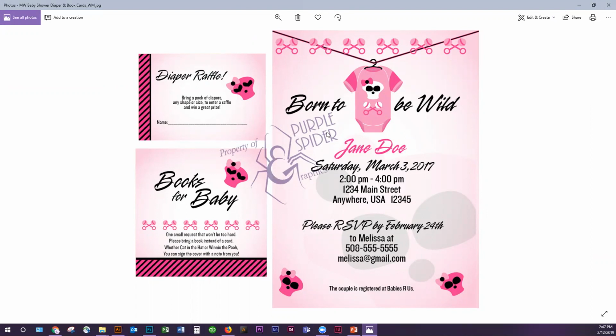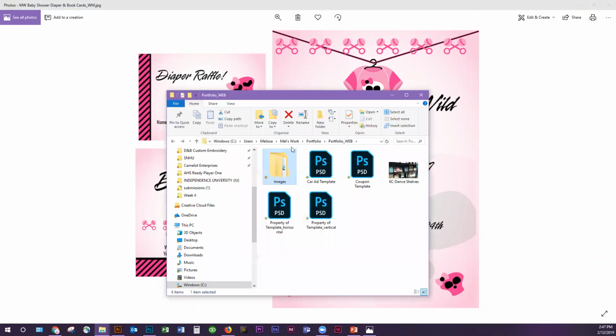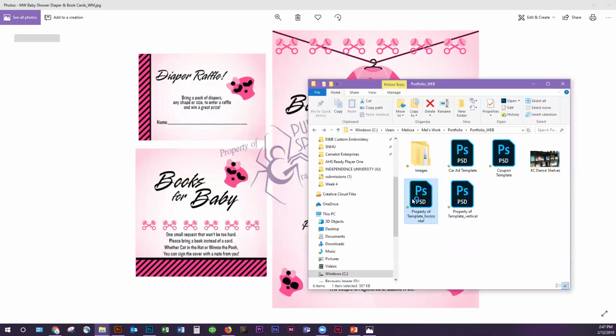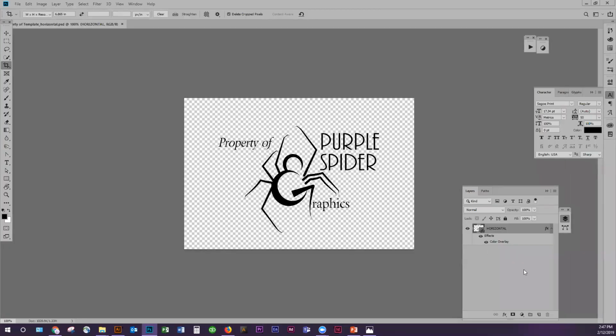And like I mentioned, I keep it as a Photoshop file, and I'll even show you. I have these right here. One of them is vertical, one of them is horizontal, because sometimes one or the other doesn't work. And I think I have it as a, well, let's pull it up. Okay, so it's black, and then